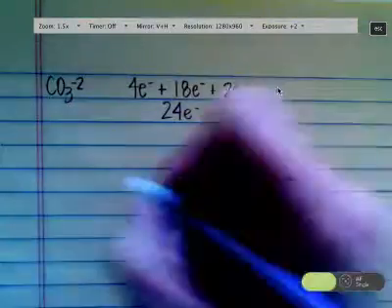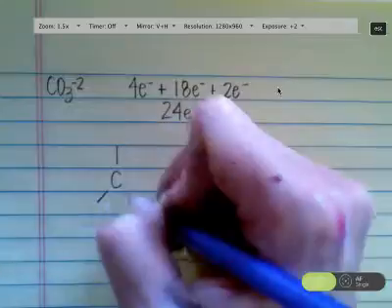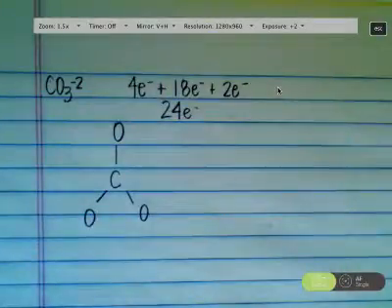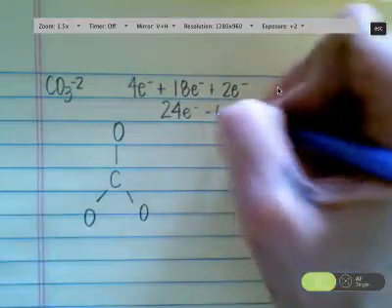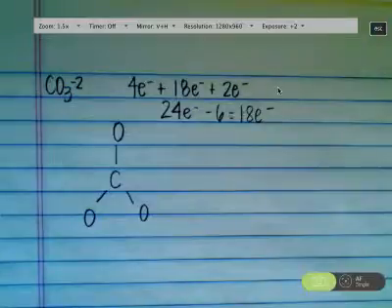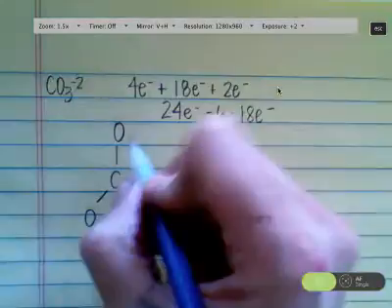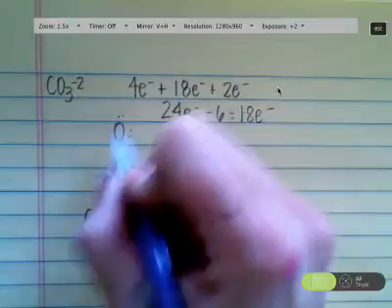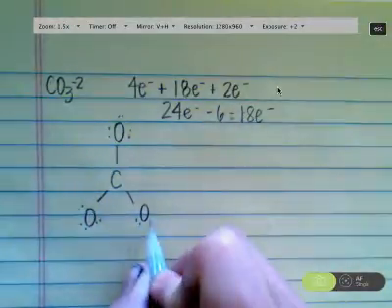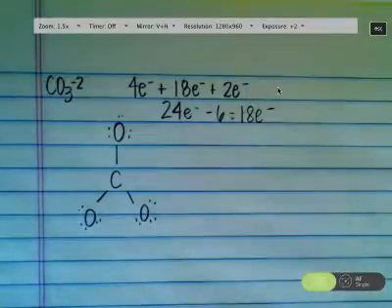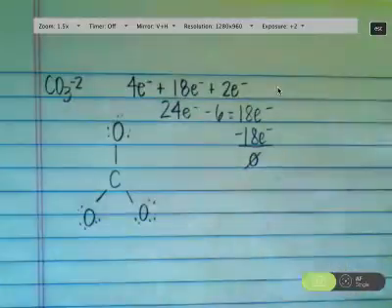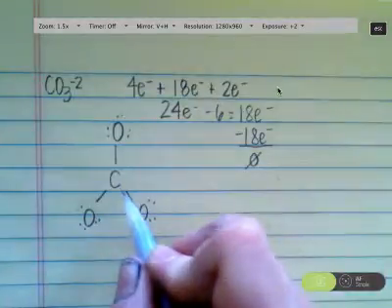Carbon goes in the middle. 3 oxygens around it. How many did I use up? 6. I have 18 left. I think that's right, right? Yeah. So I'm going to put the 18 around the oxygens first. 1, 2, 3, 4, 5, 6, 7, 8, 9, 10, 11, 12, 13, 14, 15, 16, 17, 18. I used up all of my electrons, but do you notice that carbon is electron deficient and it's not supposed